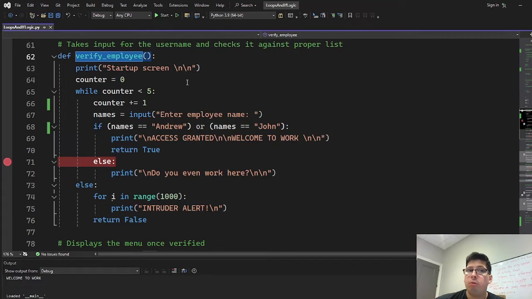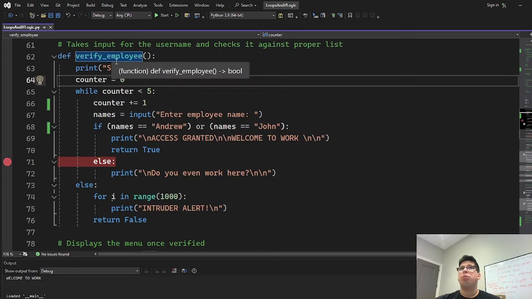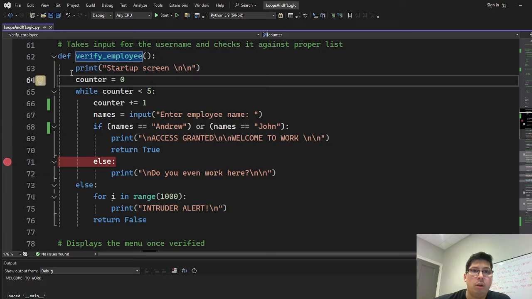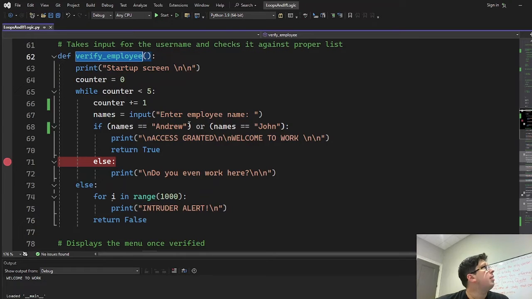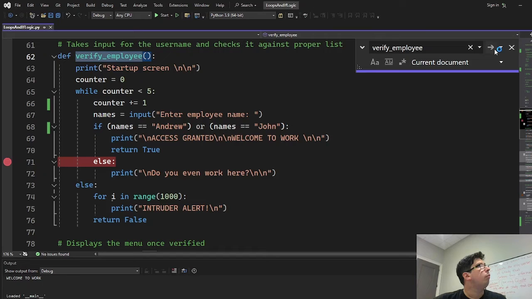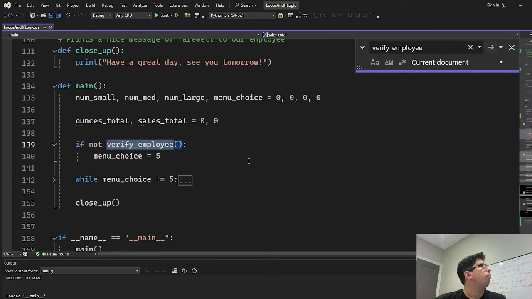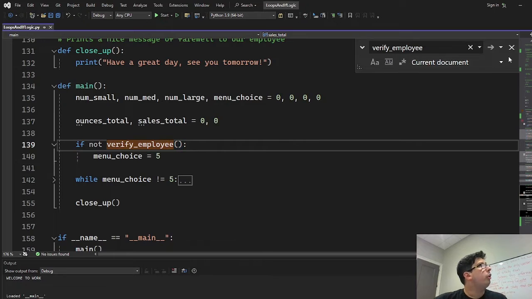When you call a function, you're expecting a response. So call and response. This is just the definition of the function. We're not actually calling it. Not yet. Let's find out where we are. Here we go. In the main function,